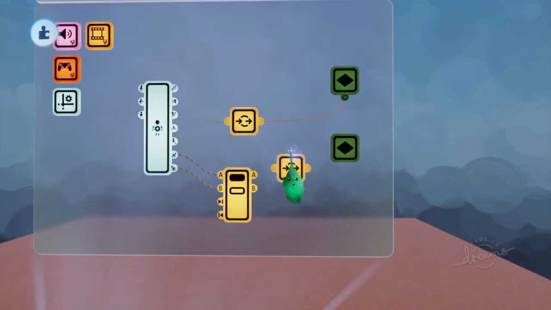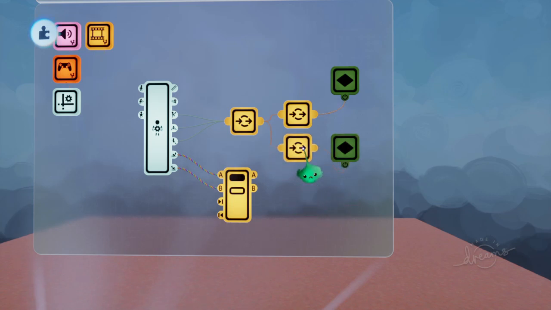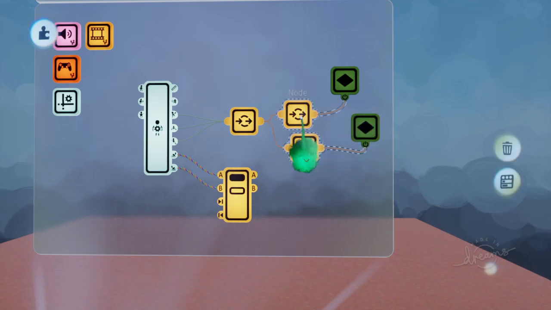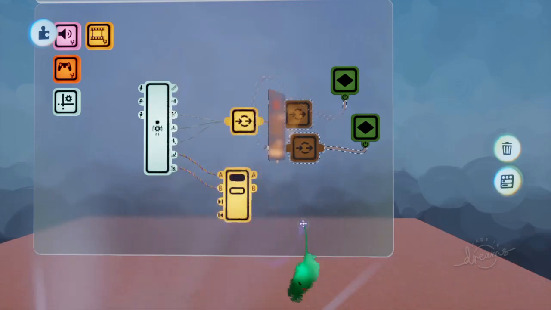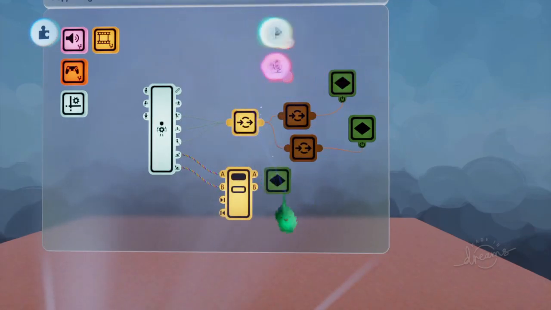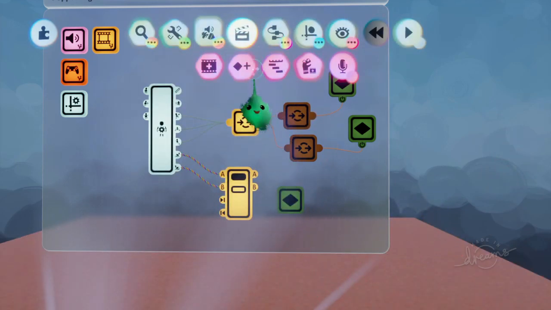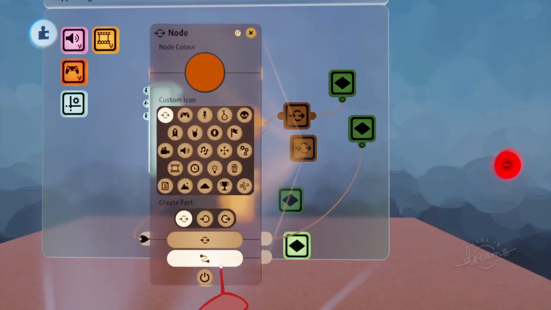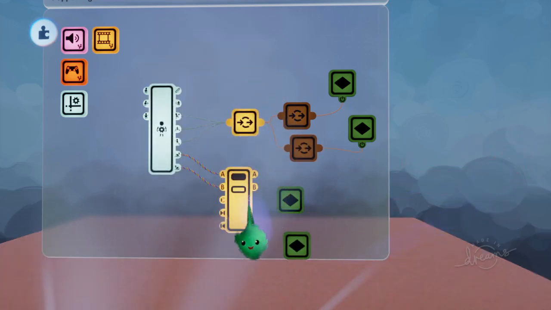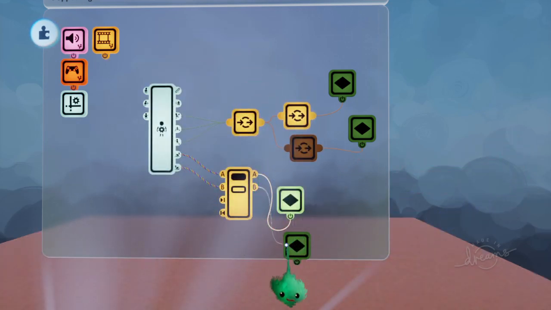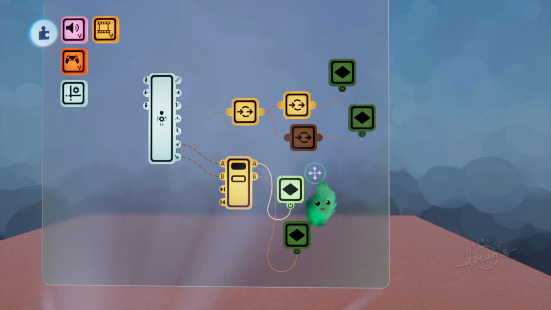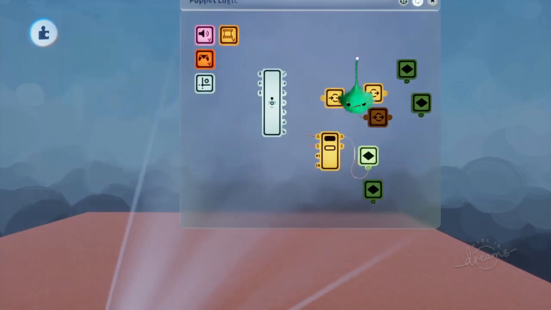So we'll just have two extra nodes. This will go into these nodes, and that will go into the left one, that will go into the right one, and only one of these will be active at a time. So we'll turn both of them off, and then we'll have one keyframe turn one of them on, and another keyframe turn the other one on. And that depends on which foot touched the ground last. So if we pin that to the screen,